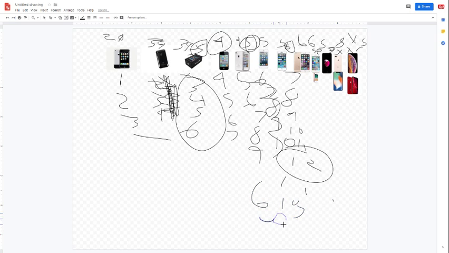There you go. So 6 iOS versions for the 5S. Sorry, this is getting a bit messy, but